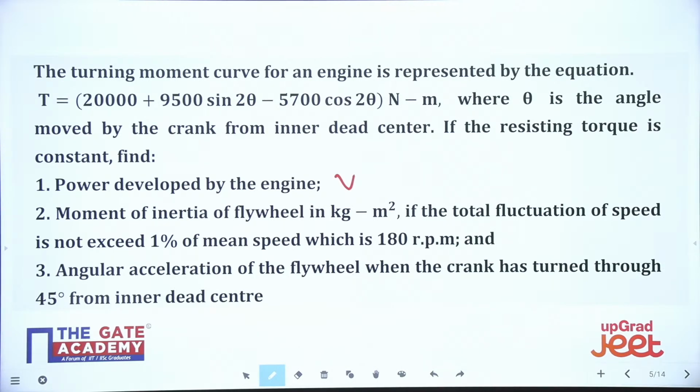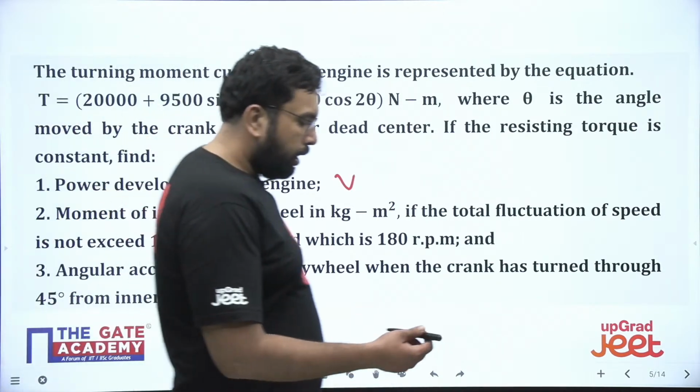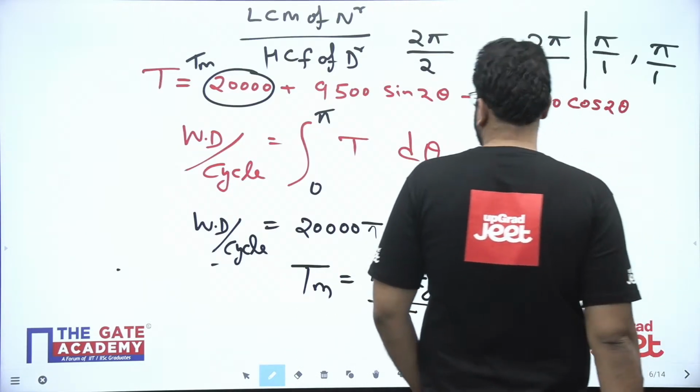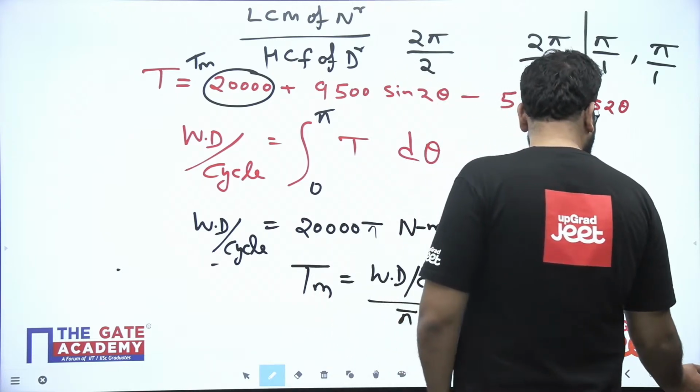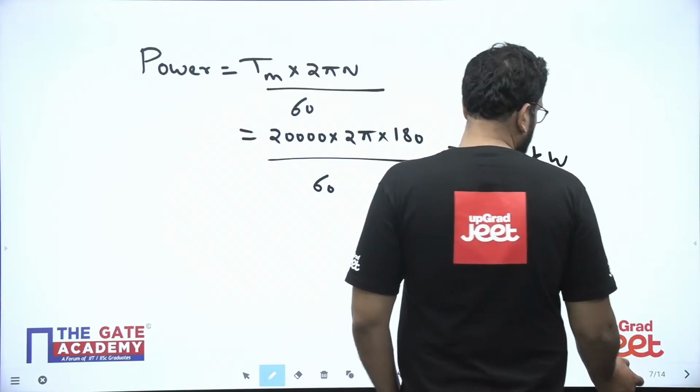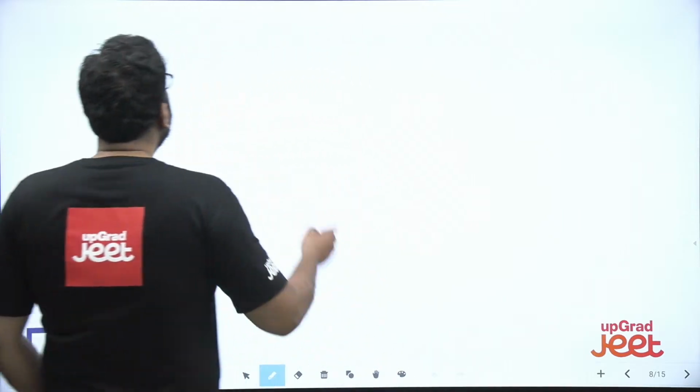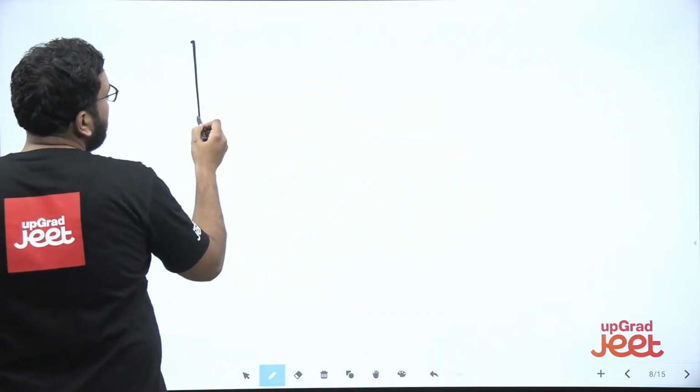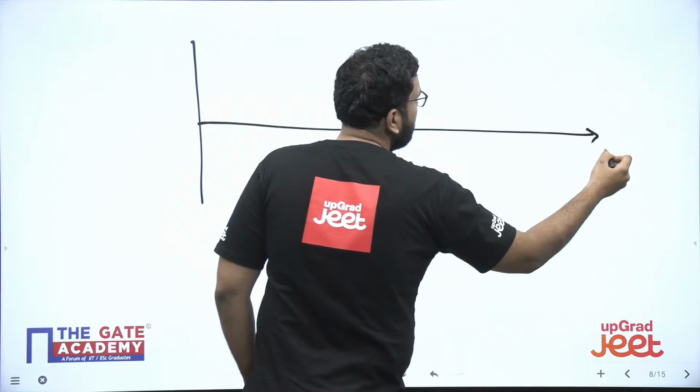All right, I'll do it. So basically, we have found the T mean here, and then we have found the power. Now, in the previous cases that we have seen in the last score booster session, so when we draw